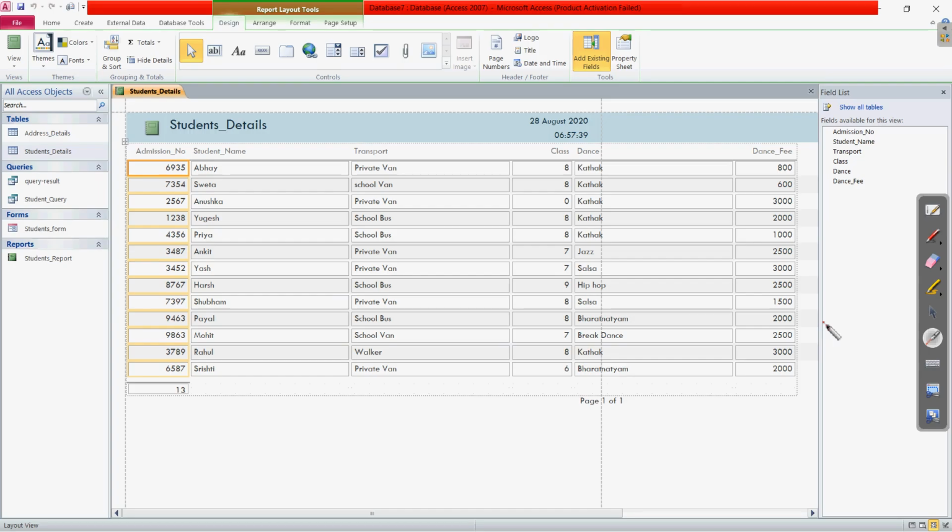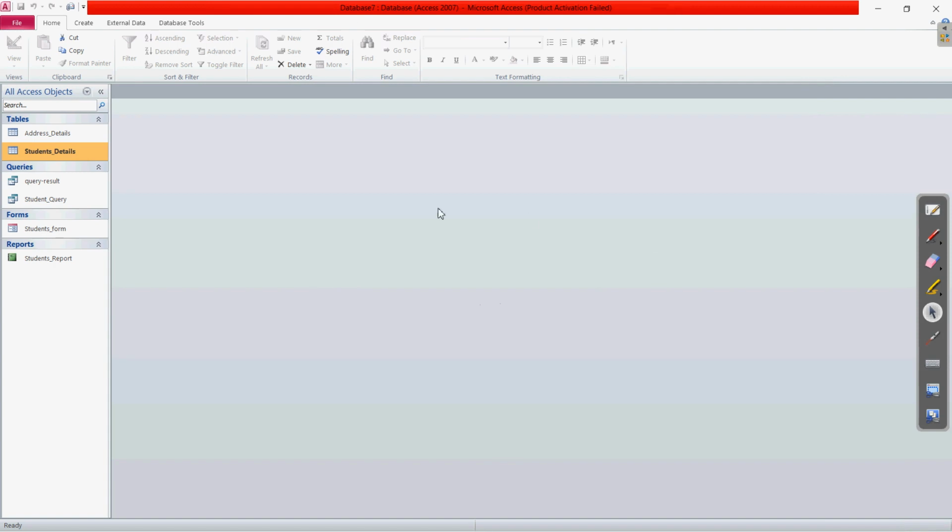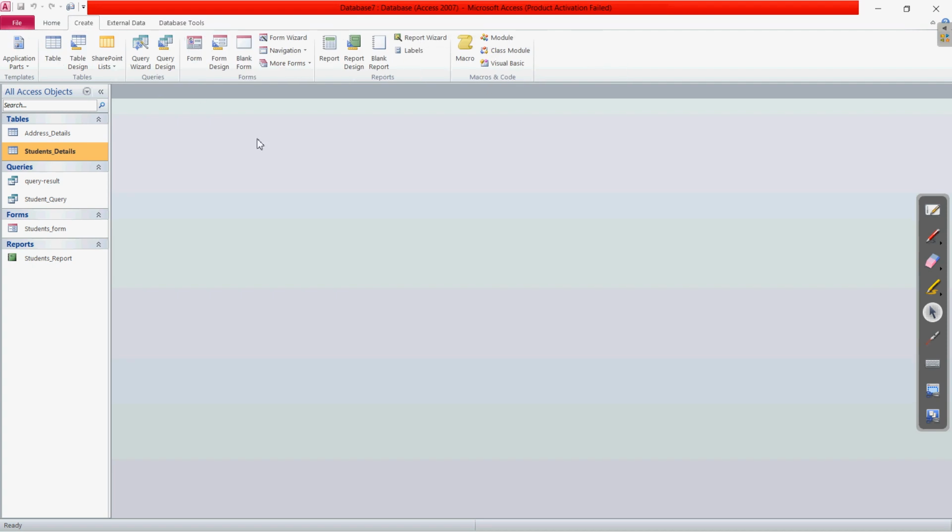So if I come again to this, let us close this report which is generated now. If I close this, clear? This is now closed. Now again, what we are doing right now is creating a blank report. We have to go to the create tab, and in the create tab we have the blank report option now.